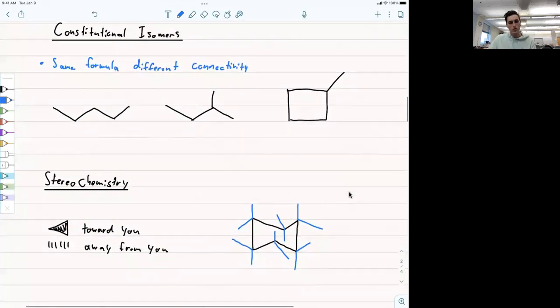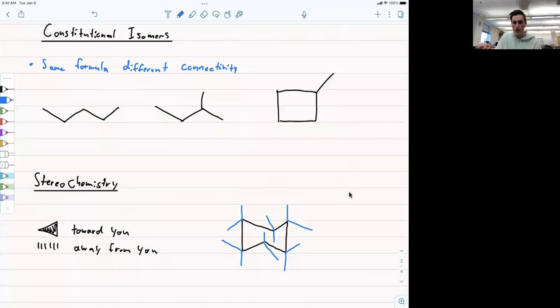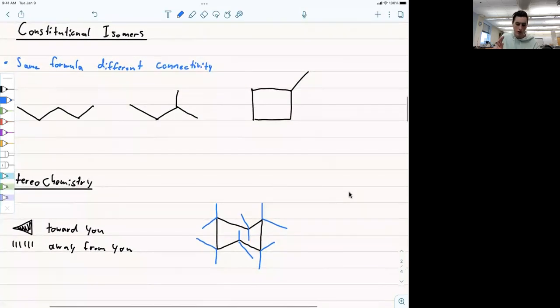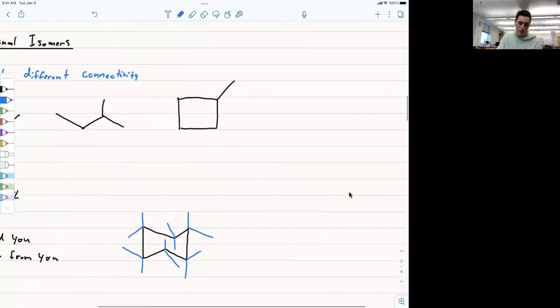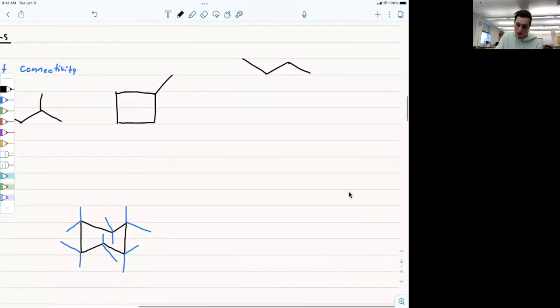As for constitutional isomers, these are molecules that have the same molecular formula but different connectivity. So if I'm looking at these, there's a few ways I can tell. My first check is to write the chemical formula. I'm looking through these 3 to find which 2 are constitutional isomers. We'll get into that in a second. We'll just do a quick example. So if I'm looking at this one and then this one,